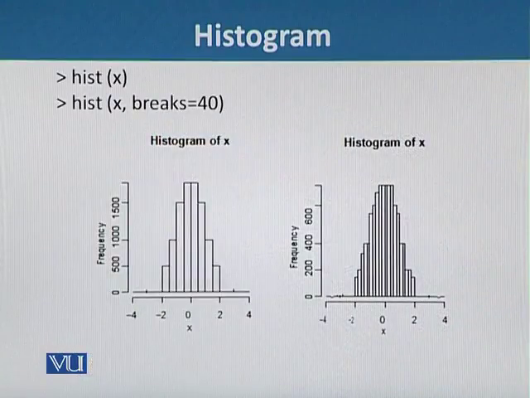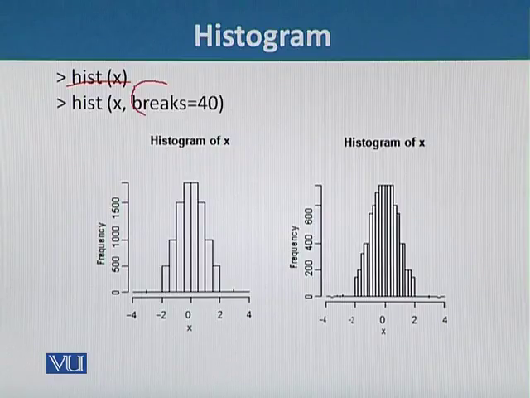Here we can see very easily that we are going to generate a histogram plot with a value of x, and if it is written just x, it means by default it will generate only 10 histogram bars. So we can increase the number of bars by using the argument breaks, and we have to identify how many bars we need for the plot. If we write 40, it means 40 bars will be generated.